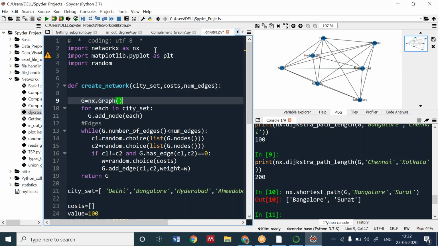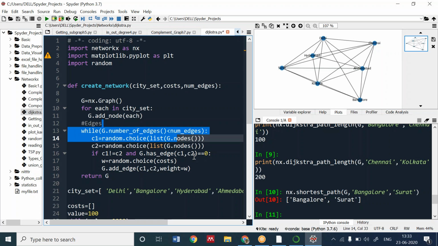Then I have created a graph and assigned a node to each city. If you define 3 cities, it will create 3 nodes. This is so that it creates them iteratively. I don't have to assign graph node Hyderabad, graph node Delhi; it should create them randomly. That's why I have created this.